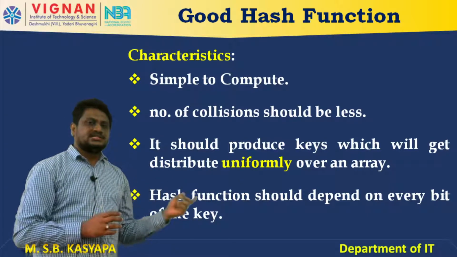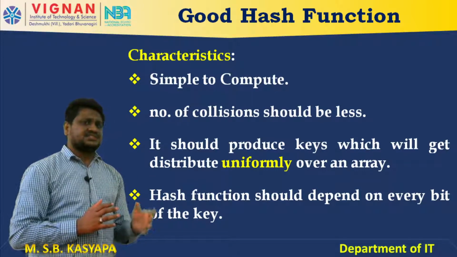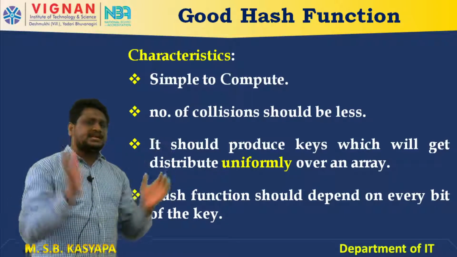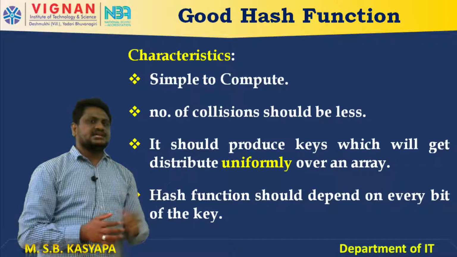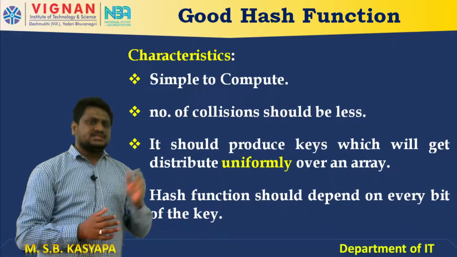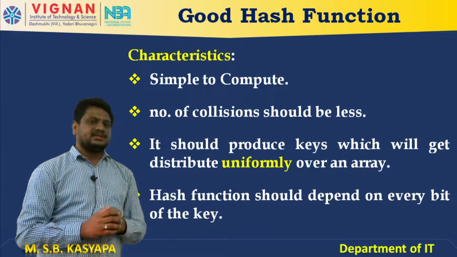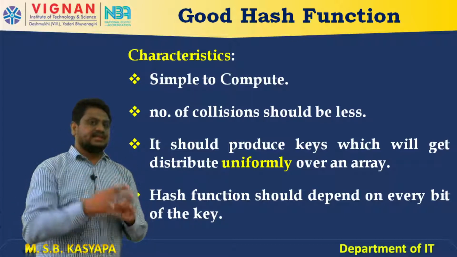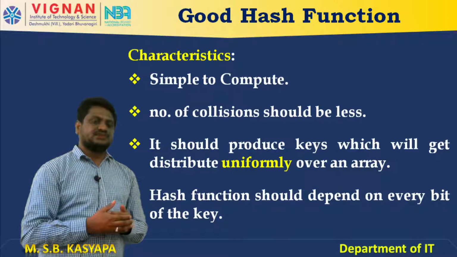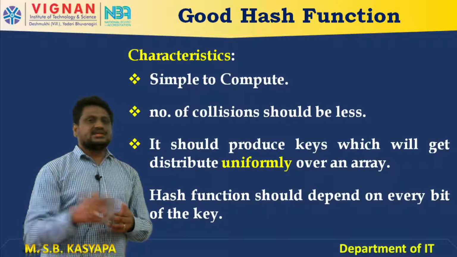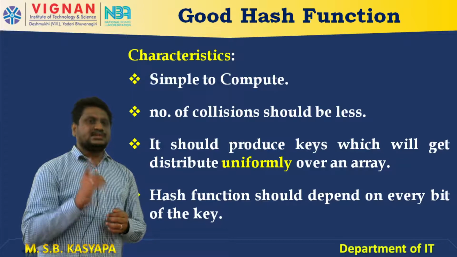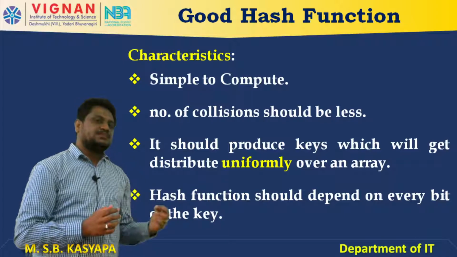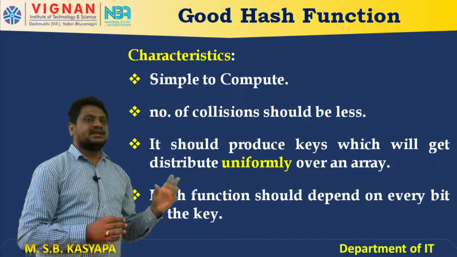Am I right? The next one, the final characteristic of a good hash function, is that it should depend upon the complete result of the hash function. Let us consider the square method, the mid square method. In the mid square method, what are we doing? We get the result by squaring the key value. Am I right? So, suppose I have a key of 12, my result is 144, but I am not taking 144 as the hash key. What am I taking? I am taking the mid part. So, that process is also not good for a hash function.